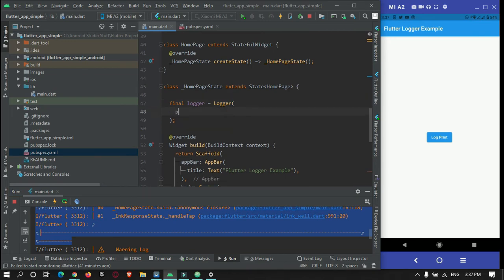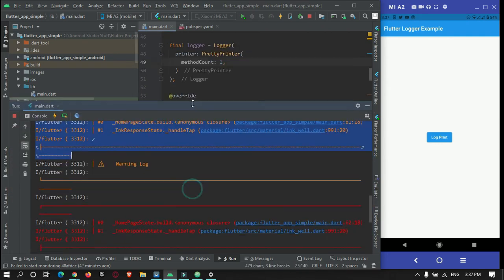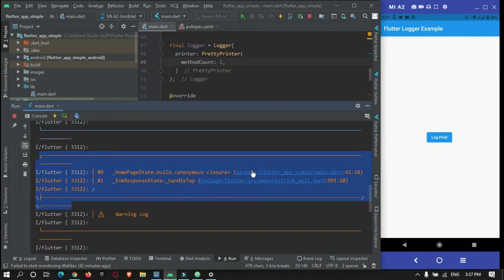Here there is customization, PrettyPrinter. Here there are methods, so you can omit the method count, you can keep it at one. Method is nothing but this one.